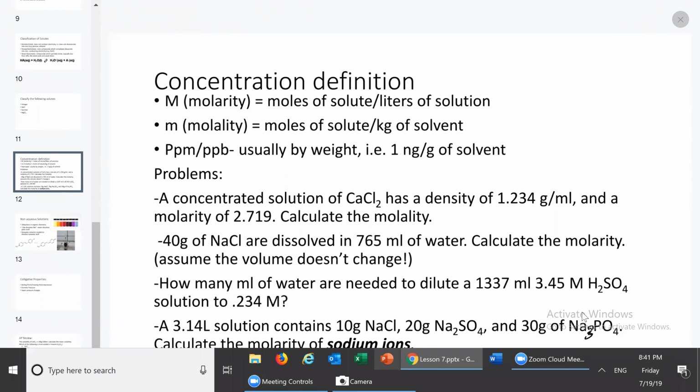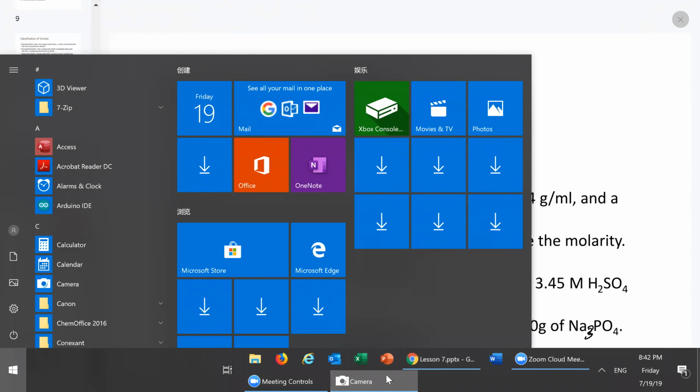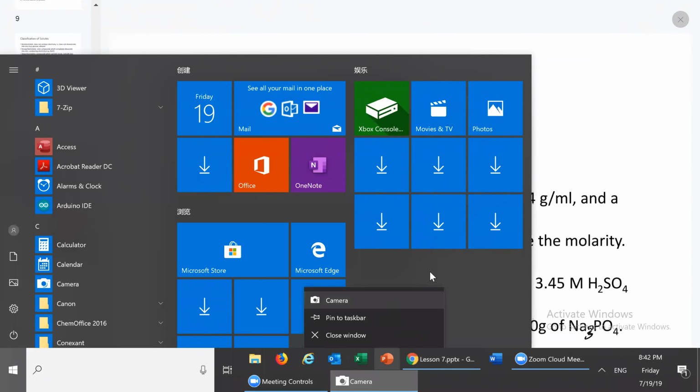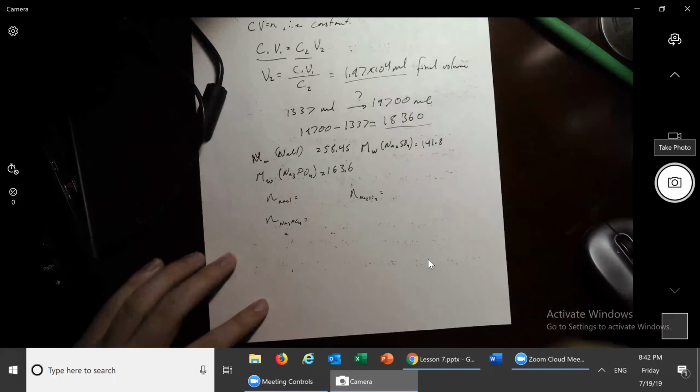Okay. Now, molarity is not defined using grams. Molarity is defined with moles. So we need to convert these grams to moles. So can someone tell me how many moles of stuff we have? So how many moles of sodium chloride do we have? All we need to do is take... okay. So I put all the data we have here. Okay. So we have 10 grams of NaCl